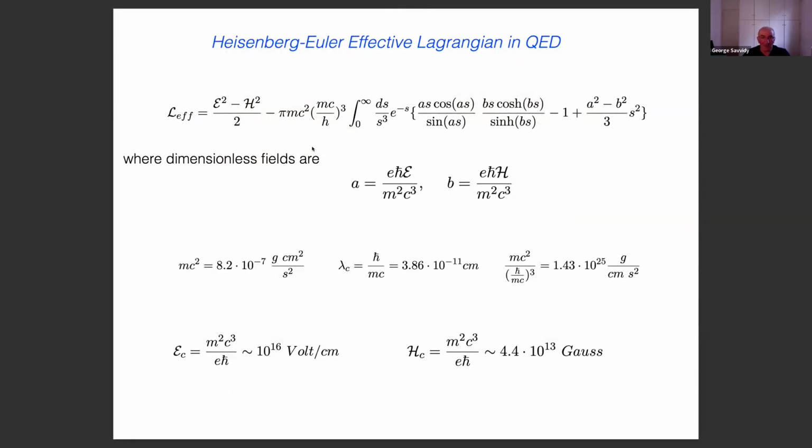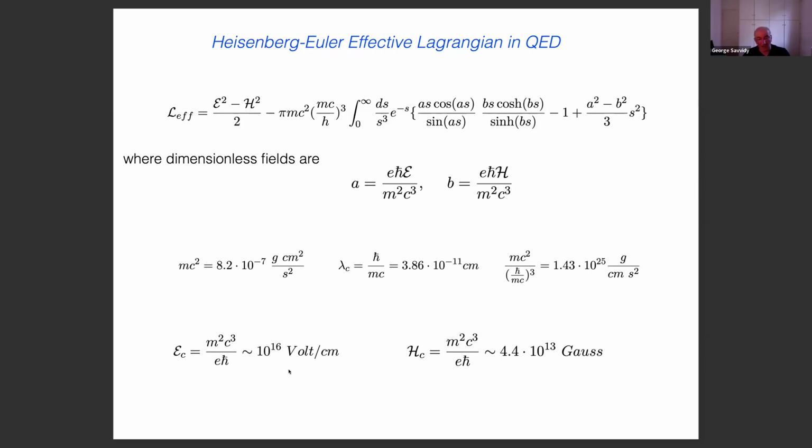Yes, so that's the effective Lagrangian of Heisenberg-Euler. As you see, it is some integral representation. It depends on two parameters, A and B. This is electric field and this is magnetic field. And when A is equal to 1, it just defines the critical fields. So you can see that this expression becomes very